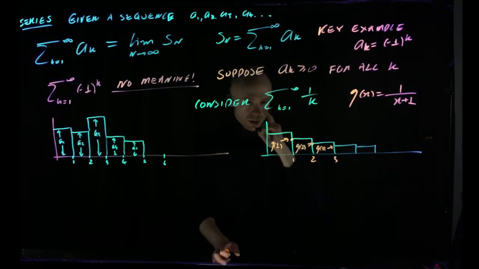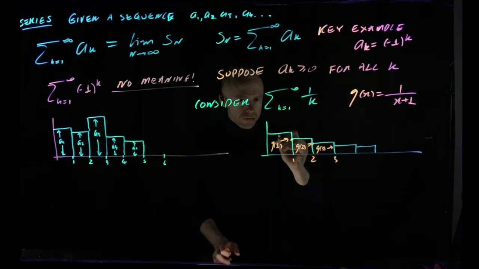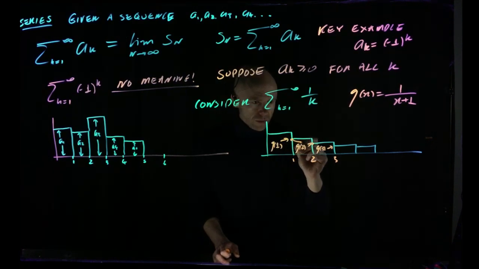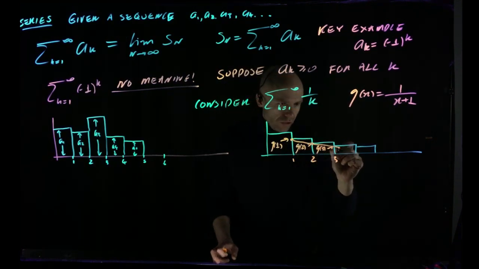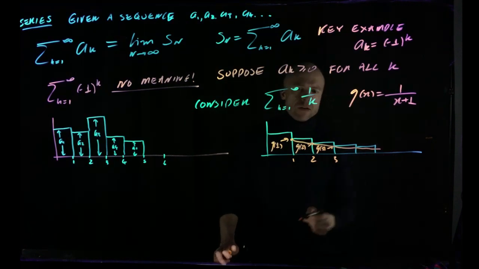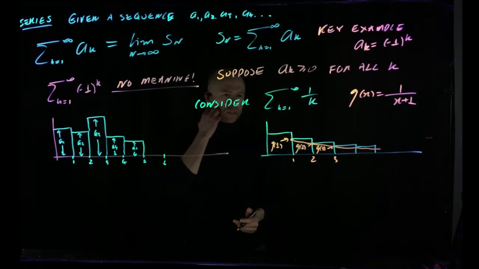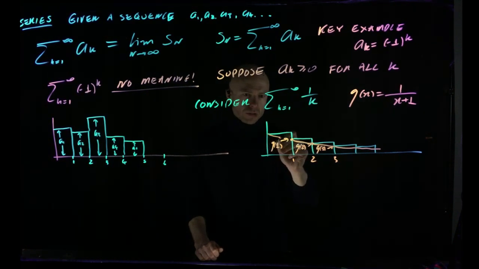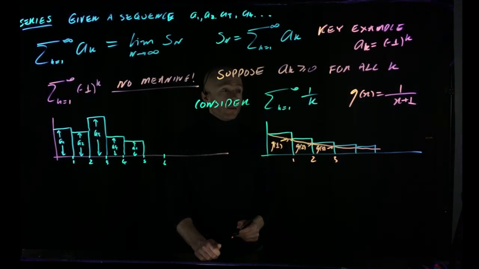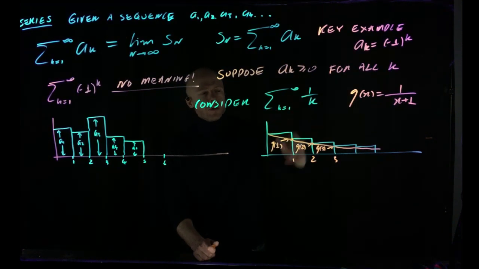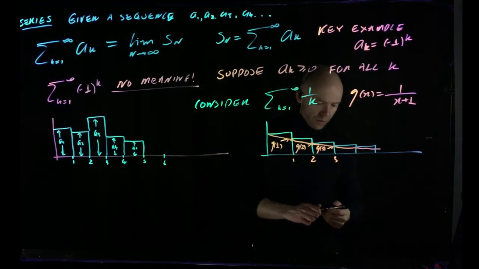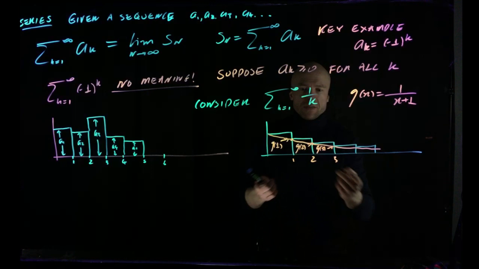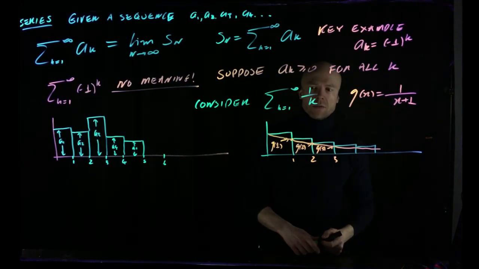And so on, right? So g is a nice decreasing function. If we just connect up these dots like this, we see that g lies nicely underneath all of these blocks right here. Yeah, even right here, it's like this. So the area of all of these blocks has to be less than the integral of this guy